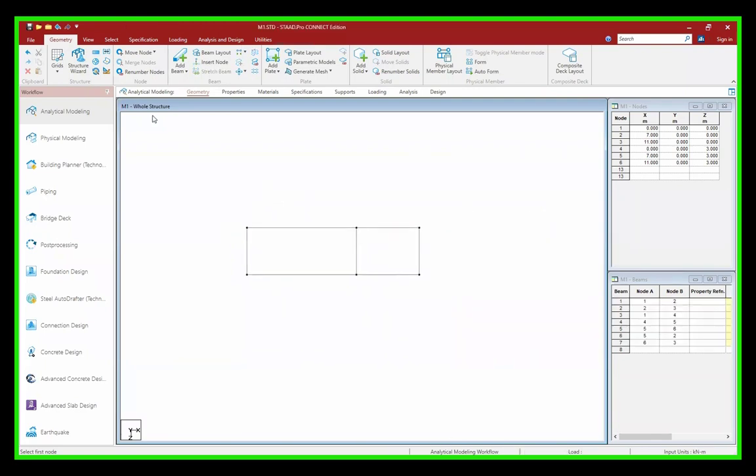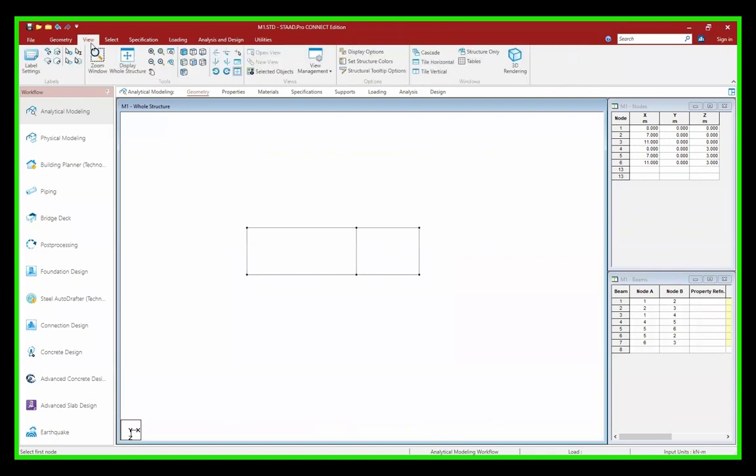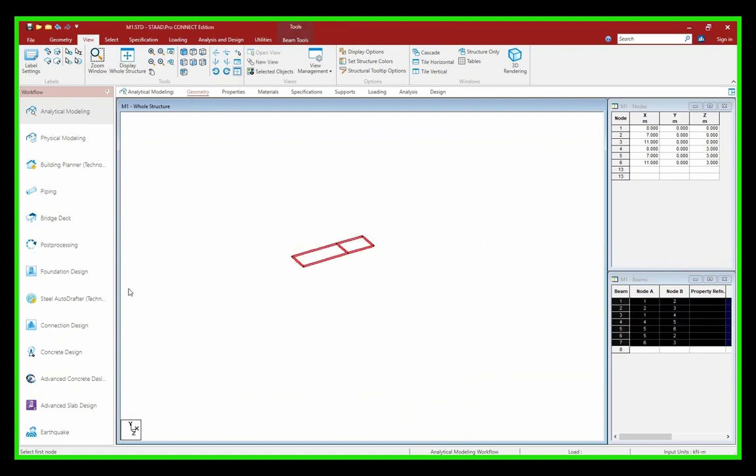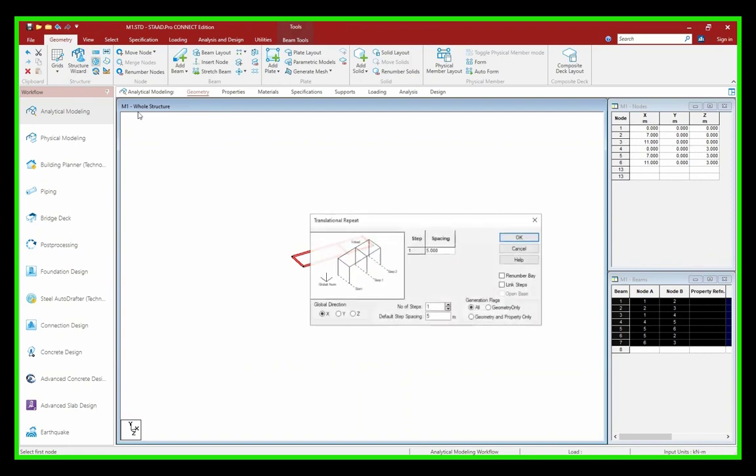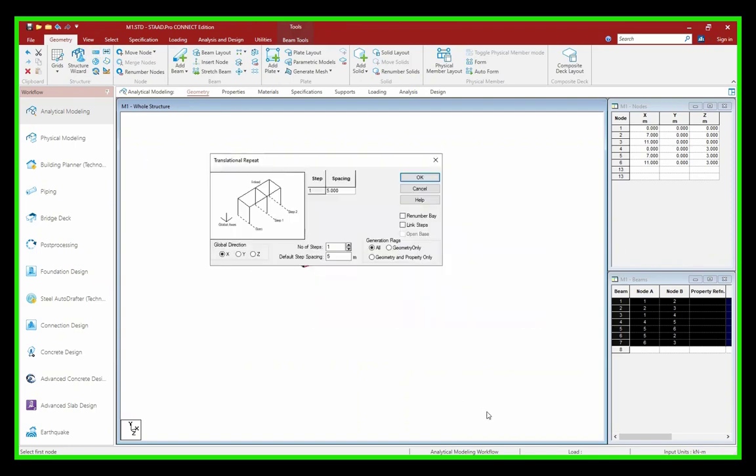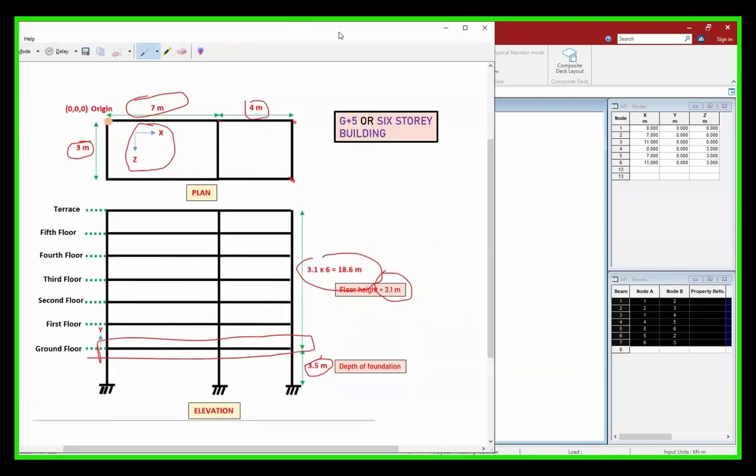Okay, what we have to do is now just go to isometric view. How to go? Just click on here, go to view, go to isometric view. Now simply select everything, go to geometry, go to translation repeat. Now I want to repeat the same.